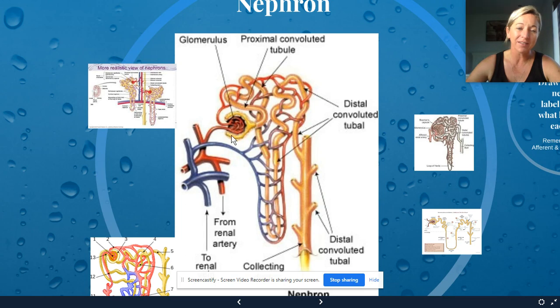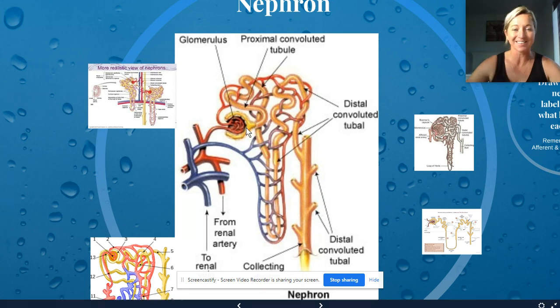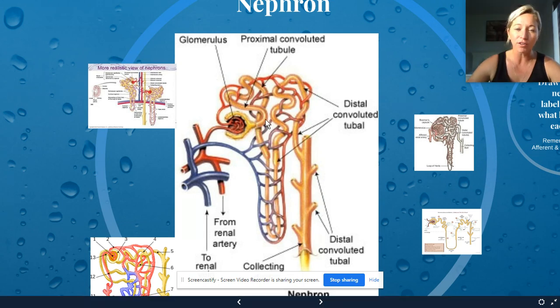When the substances have left the capillaries and are in the Bowman's capsule, it's called filtrate. The filtrate moves along the tube. This fluid, this filtrate moving along this tube, and this tube is called your proximal convoluted tubule. Well done. And it carries on its journey down this long tube here, and this long tube is called